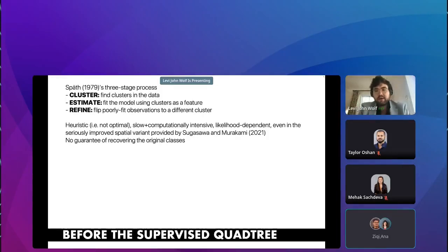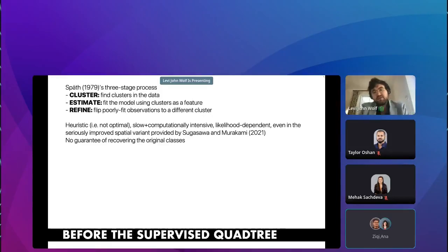Sugasawa and Murakami have a spatial variant of this that's quite recent. It's very interesting. It uses the same kind of conceptual approach as the Spath approach from about 40, 50 years ago. But it has some drawbacks, namely that it's not necessarily guaranteed to be optimal. It's computationally intensive and likelihood dependent. It's not sparse, and it has no guarantee of recovering the original classes